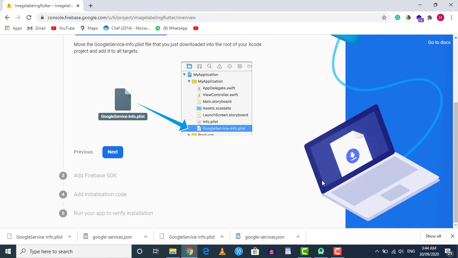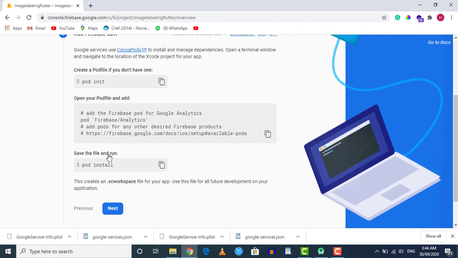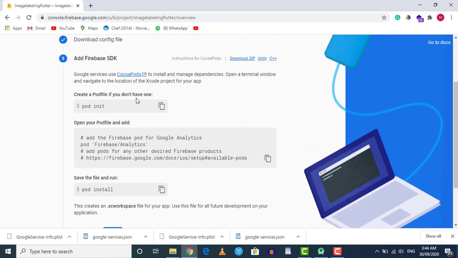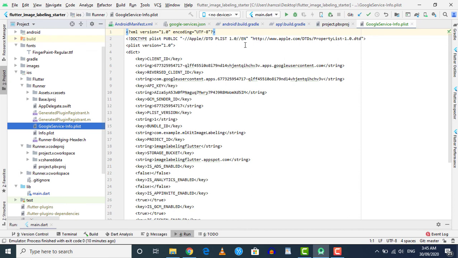Firebase SDK for iOS. So press next, and here you can see that we need to follow these instructions to add Firebase inside our iOS app. As I don't have a Mac right now, I cannot execute these instructions, but the lecture related to that will be uploaded soon. So now we successfully created our Firebase project and connected our Android and iOS app with